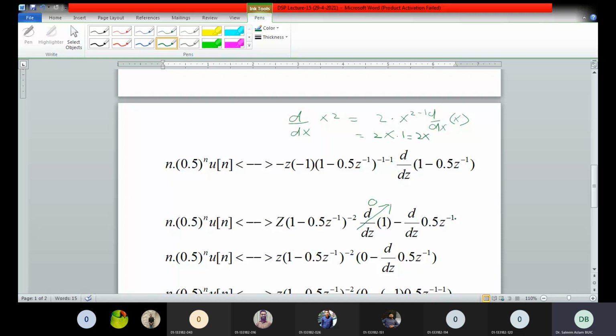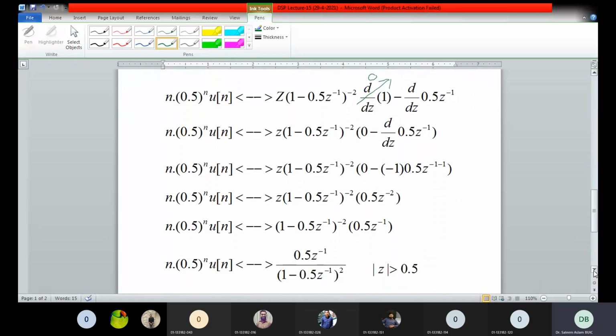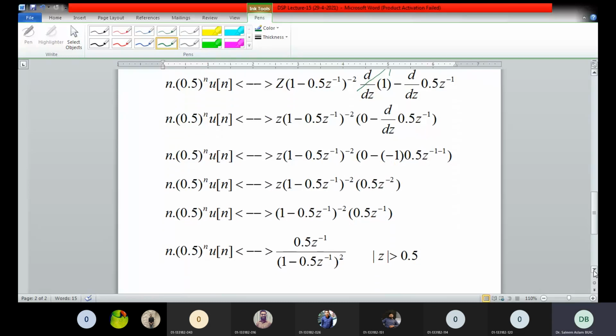0.5 z to the power minus 1. Again we need to apply the power law. Here we have to apply the power law once more. Anyway, this is the first factor, 1 minus 0.5 z inverse. We take this as minus 2, sir. So minus minus becomes plus, and 0.5 z to the power minus 2. Exactly. So the net answer you get is 0.5 z inverse over (1 minus 0.5 z inverse)